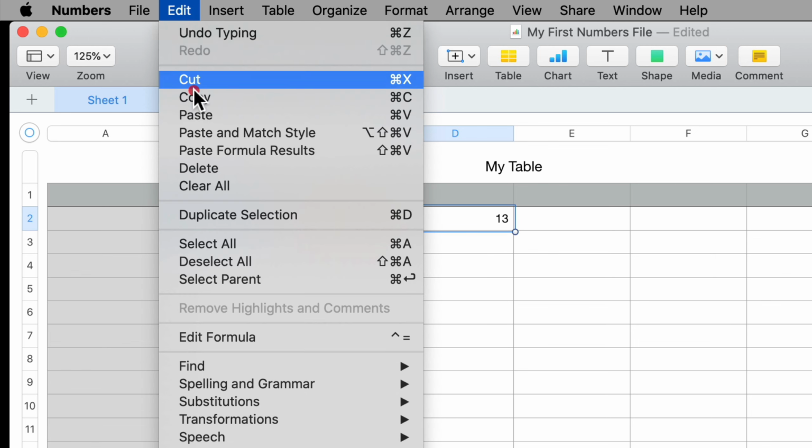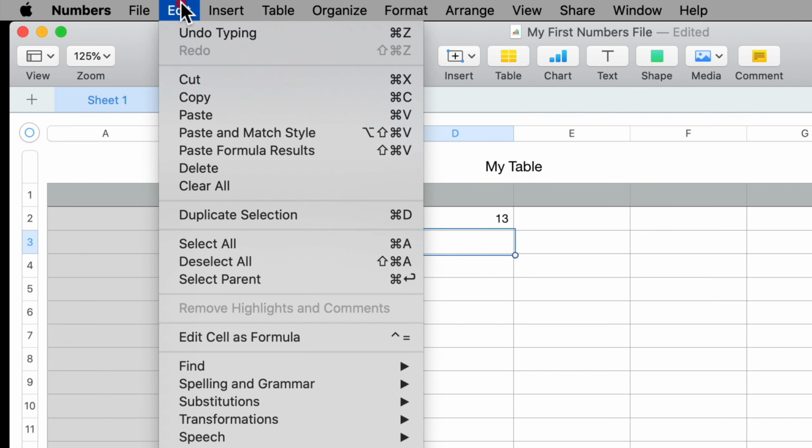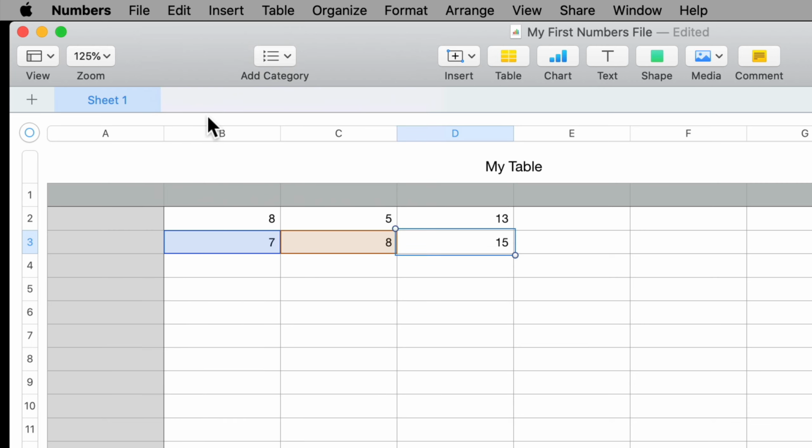copy it. I just did Command C, but you can do Edit, Copy. I'm going to go to this cell here and I'm going to Edit, Paste, or Command V. The result is 15, and you can see that the formula selected, when I click on this cell here, it shows 7 and 8. I can actually double click on it to open it up and you can see it's